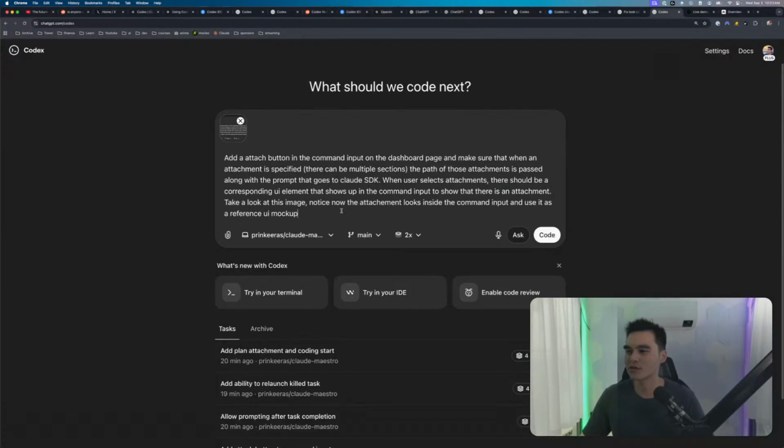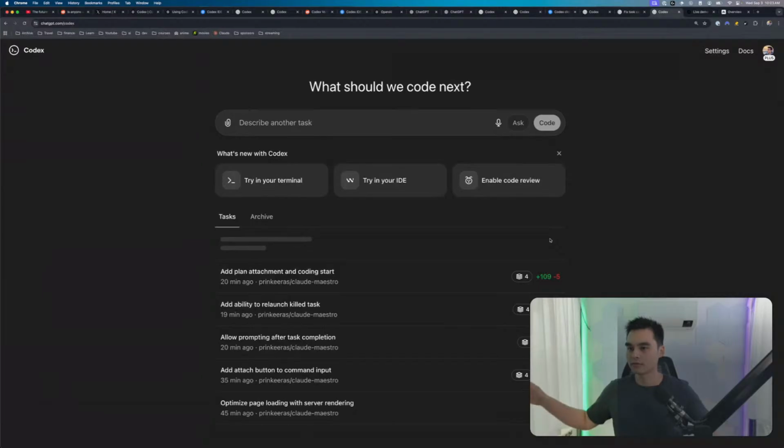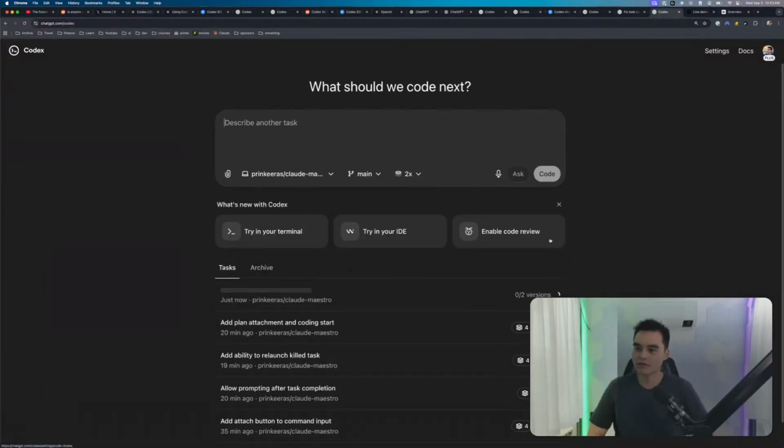Oh, this feels so wrong. My English is so bad. Take a look at this image. Notice how the attachment looks inside the command input and use it as a reference UI mockup. Okay, code. Oh, well, we'll see what Codex comes up with